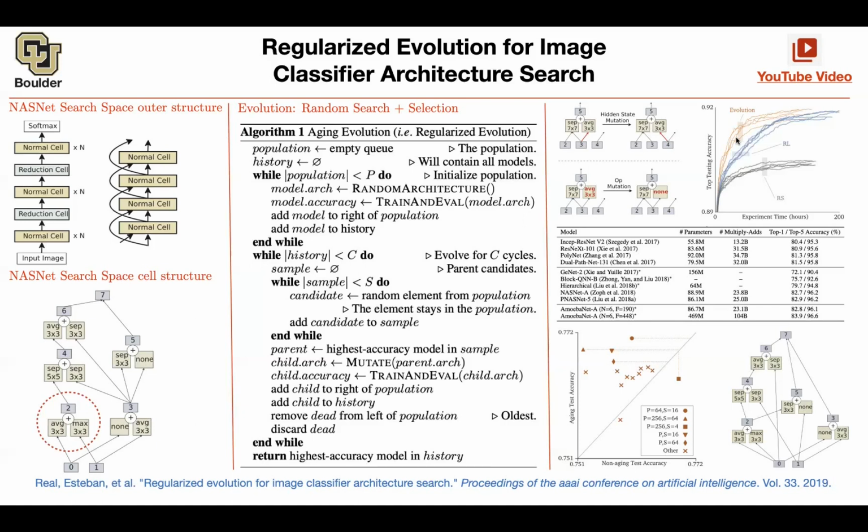Exactly. So here, there is no recurrent neural network giving you a probability distribution over the search space. You are just randomly exploring your search space. And sometimes you find an architecture that is really good, and you keep it, and then you keep mutating that. And then, as you said, you're going to retire the old ones. So yes, you're right. There is no probability distribution on the search space.